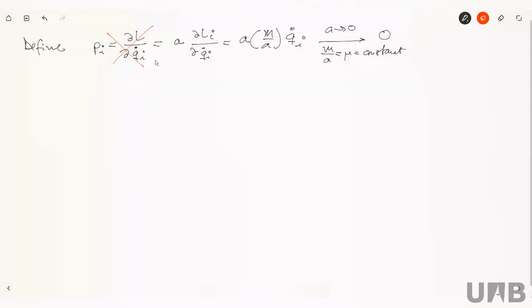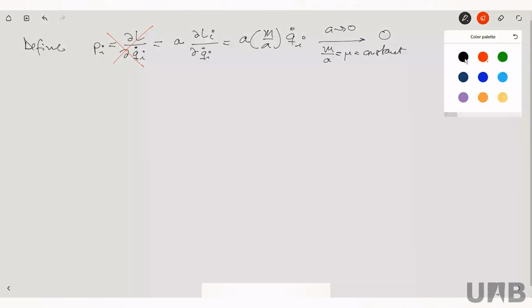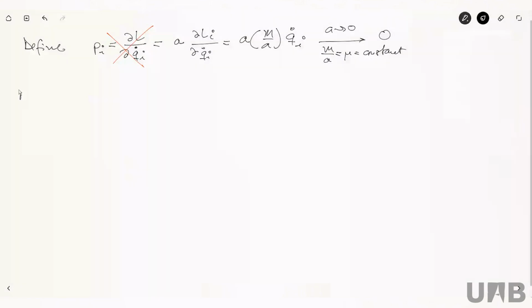So we have to define something else, and it's clear what we have to do. What will make sense is to define the canonically conjugate momentum per unit of length. If I divide by a, then the whole thing is going to work. So yes, this is what we do. We define the canonical conjugate momentum